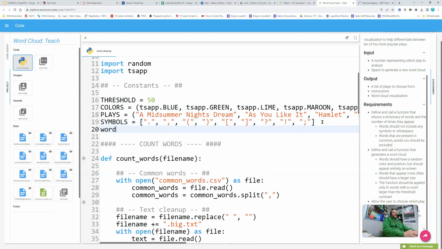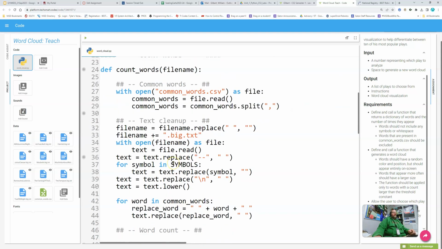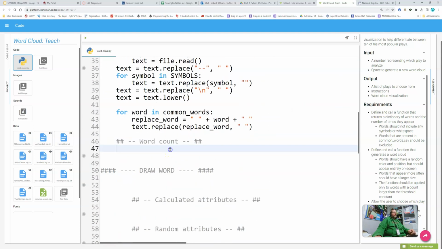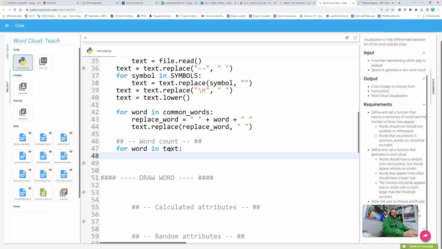We need a dictionary that's going to store the word as the key and the number of times that it occurs as the value. So we now need to go through every word in text, and we're going to check to see if that word has already been counted. So we're going to say, if it's the first time we see the word, so if word